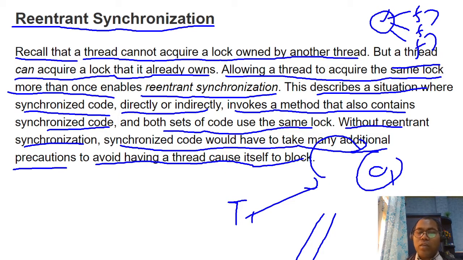So generally, if any method is synchronized, before invoking it the thread gets the lock of that object. If the thread already has the lock, it is allowed to re-enter. The same thread is allowed to get an intrinsic lock more than one time. Another thread cannot get the intrinsic lock more than one time.